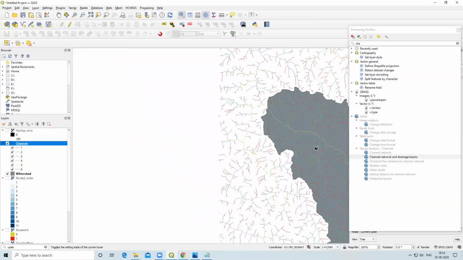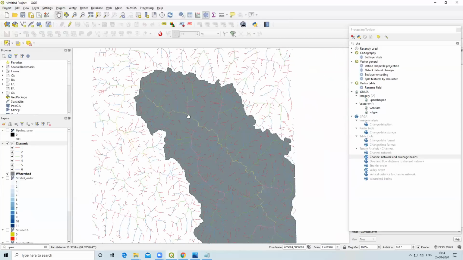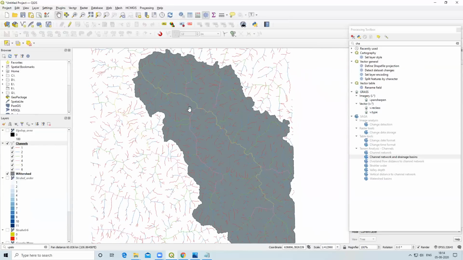So what we are going to do, we'll delete this remaining network. We want only the drainage which is showing in the watershed. So only that watershed drainage we want. We have to clip this.